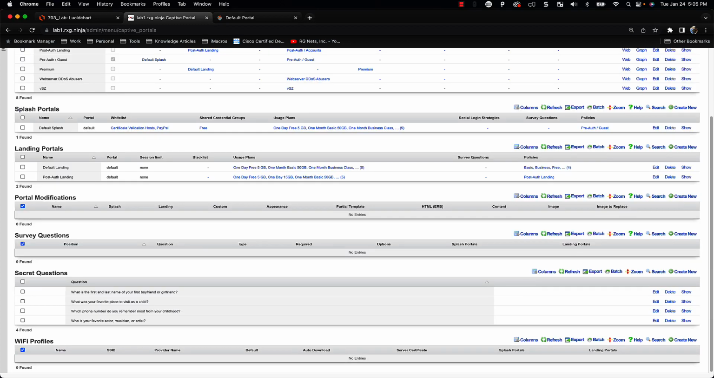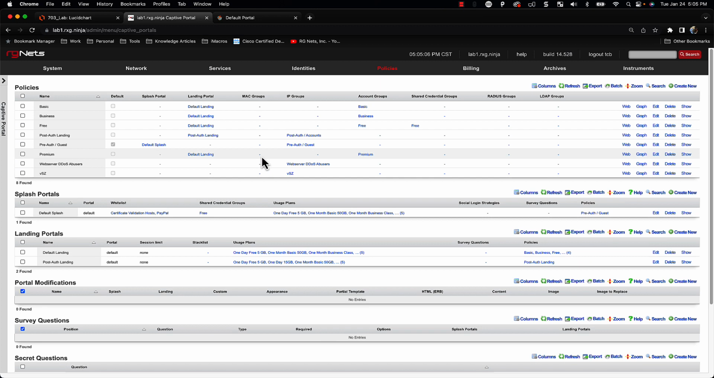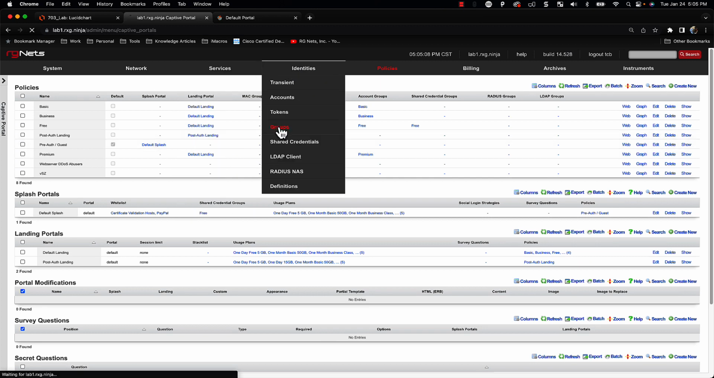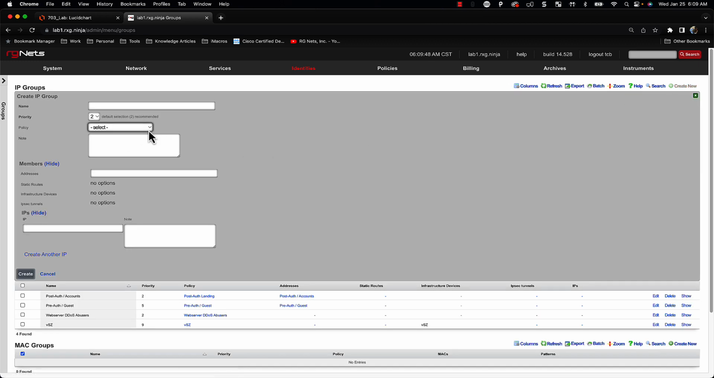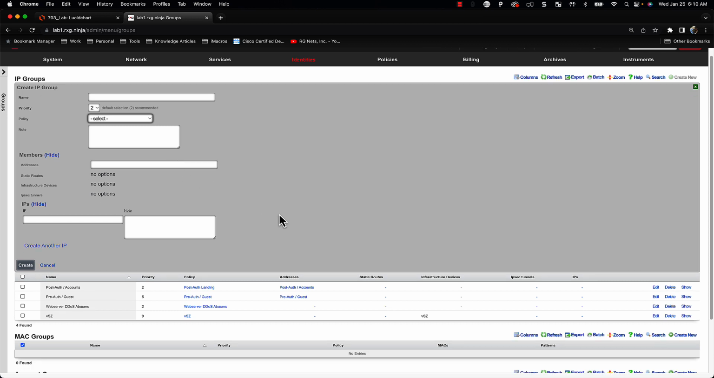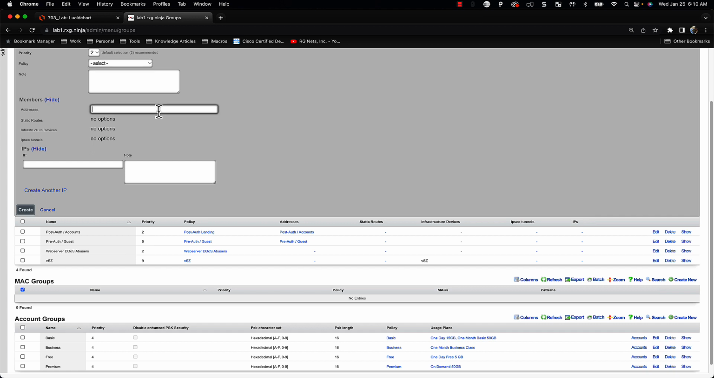The next thing I want to do is, if I go to identities and groups, this is just kind of a good thing to check when you're getting close to wrapping up a configuration. Our goal here is to make sure that every IP address has an associated policy. We don't want somebody to have an IP address and then not be assigned to a policy. The way to easily figure that out is if we look at the addresses box here,